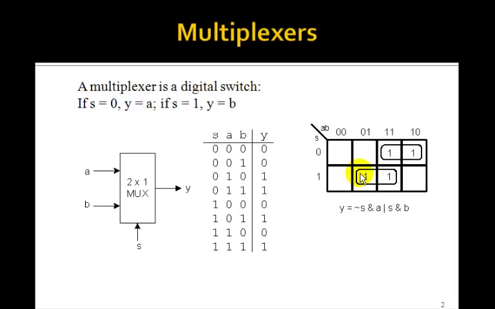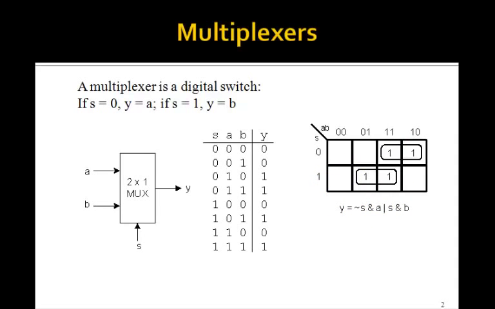We draw the 2 circles, and we can write the logic equation for Y. Y is, from this one, not S and A, or S and B. So that's the logic equation for a